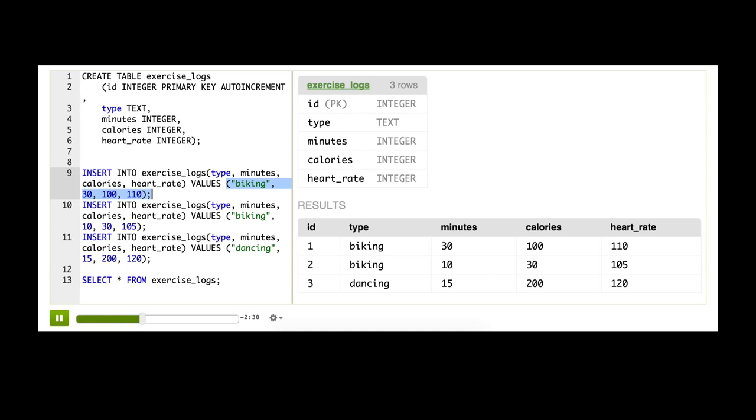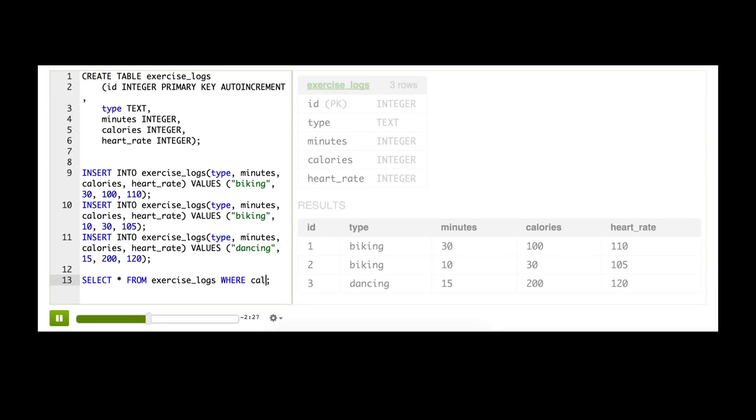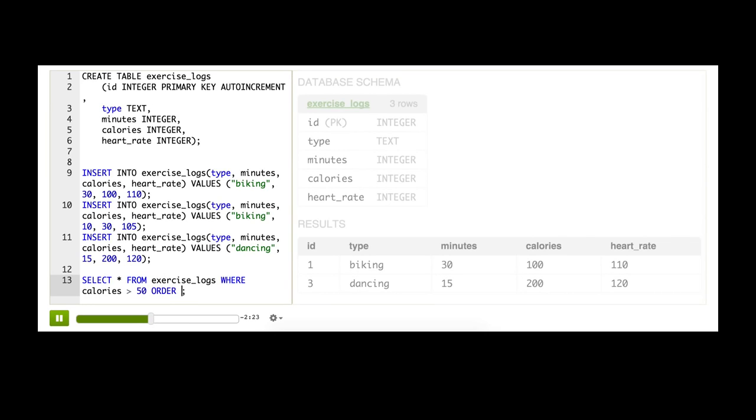Let's find out where I'm burning the most calories with a simple query. I'll just modify this one. So select from exercise logs where calories greater than 50, and we'll just order by calories as well. Okay, so I've done 2 activities where I've burned more than 50 calories, and it looks like dancing burned the